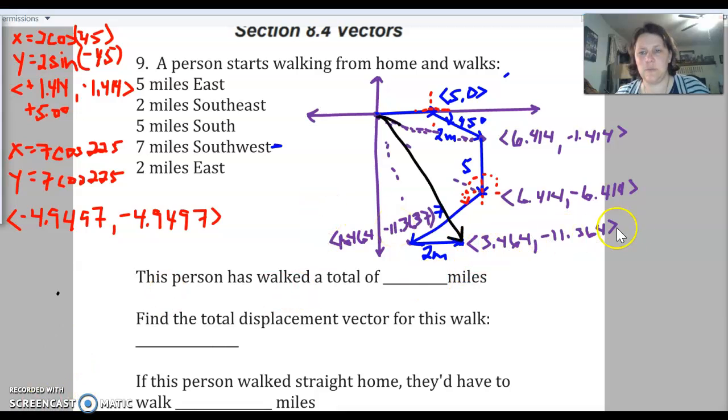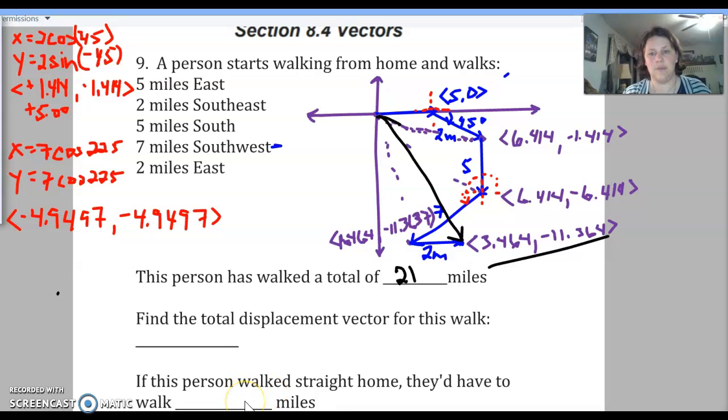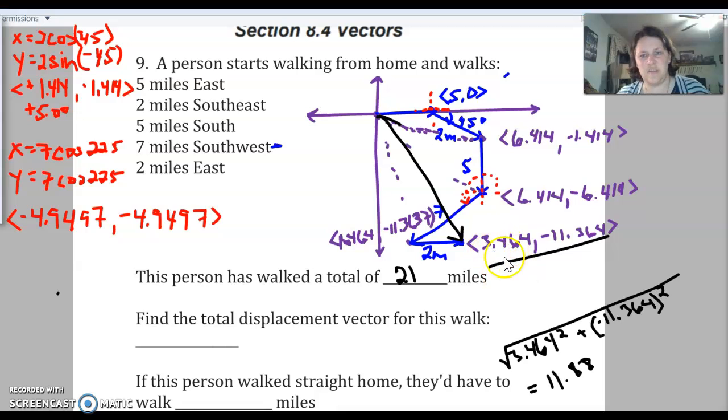Okay, so I got my last displacement vector figured out. I just took the one that I had from this point and added 2 to the x value. So that's my last value. For the solutions, this person has walked a total of, well, add up all of the miles, and you should get 21 miles, and then find the total displacement vector. That's the last one we ended up with right here. And if this person walked straight home, they'd have to walk how many miles? I'm going to pause and find the magnitude for that last vector, and that will be the end. Okay, so I just found the magnitude of this vector: squared them, added, took the square root, and